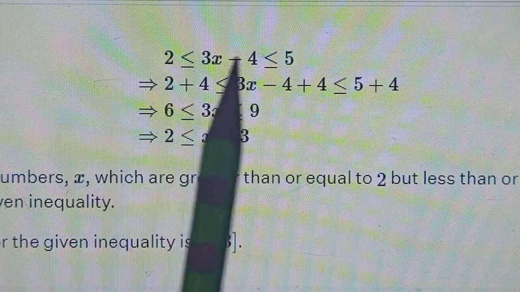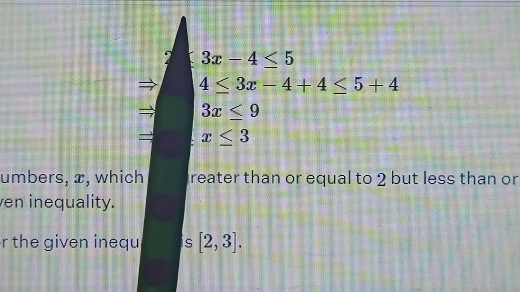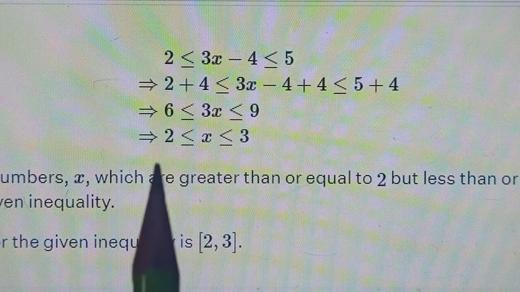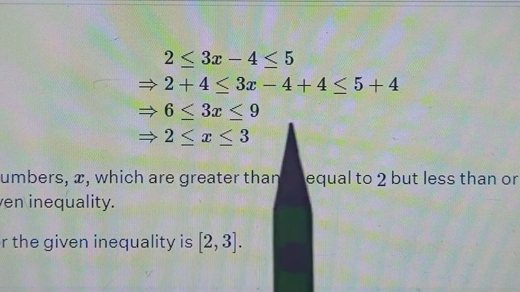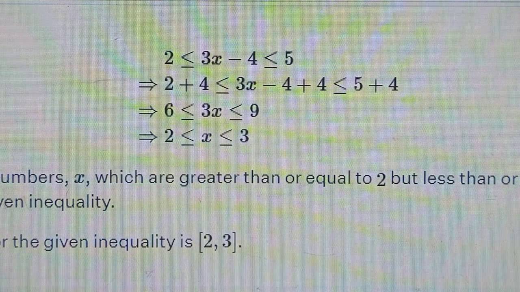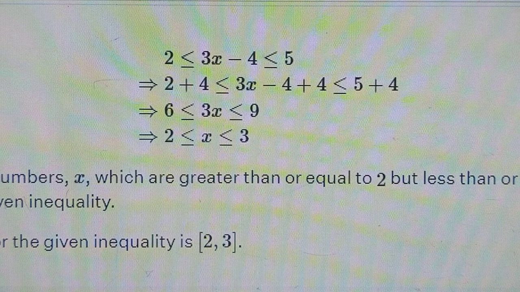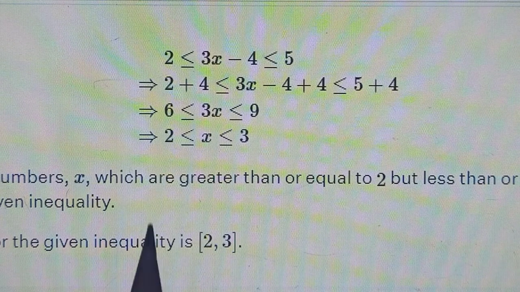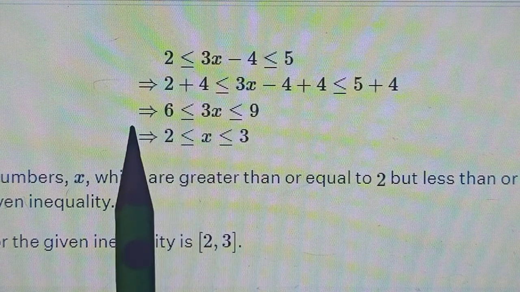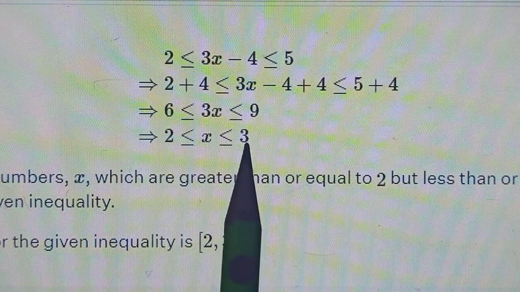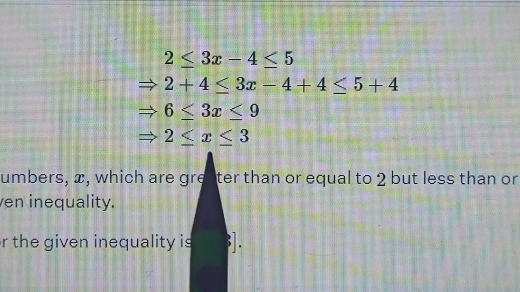So be it on the first inequality this way, or maybe in the second this side. So we'll add for all the three numbers given here. So this will become 2 plus 4, that's 6, and here 5 plus 4, which becomes 9. Here -4 plus 4 cancels to give you only 3x left in between. Next, to find the range of x was our question actually. So we need to remove this 3 as well. So we will now further divide by 3. If I divide this inequality by 3, then I end up getting x here, right? So dividing all the sides by 3, dividing throughout by 3. So 6 divided by 3 becomes 2, 9 by 3 is 3, and then you get x. So here is your solution.